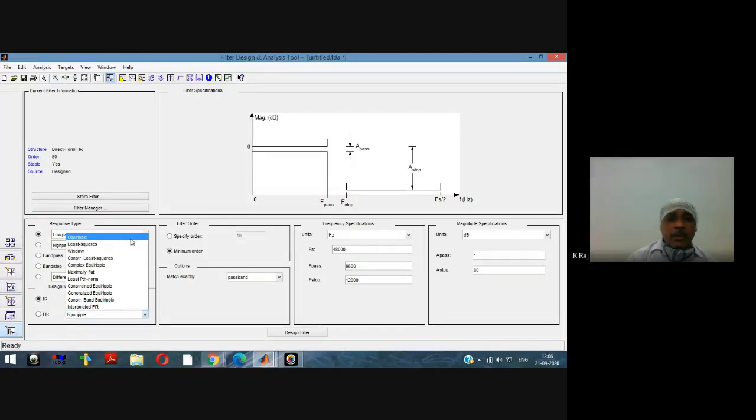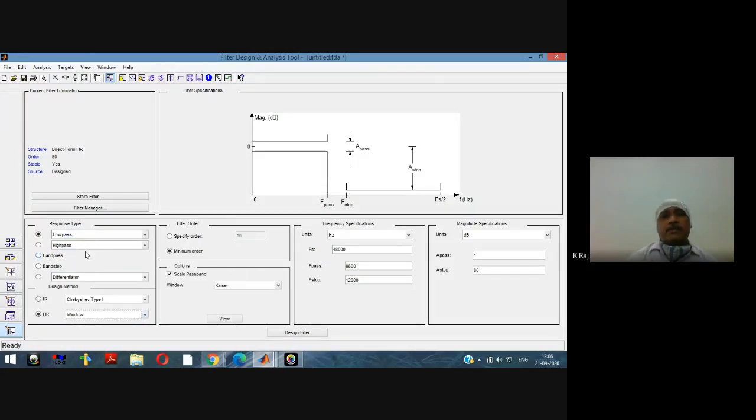And we have also discussed that we can design the filter using different types of windows, and these windows are described by mathematical equations, and we can represent those mathematical equations in graphical form using the MATLAB command. And in the toolbox also we can see the different types of windows.